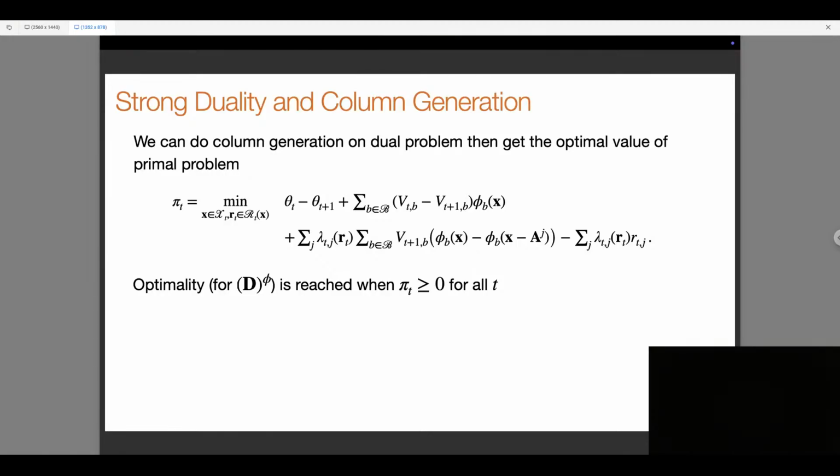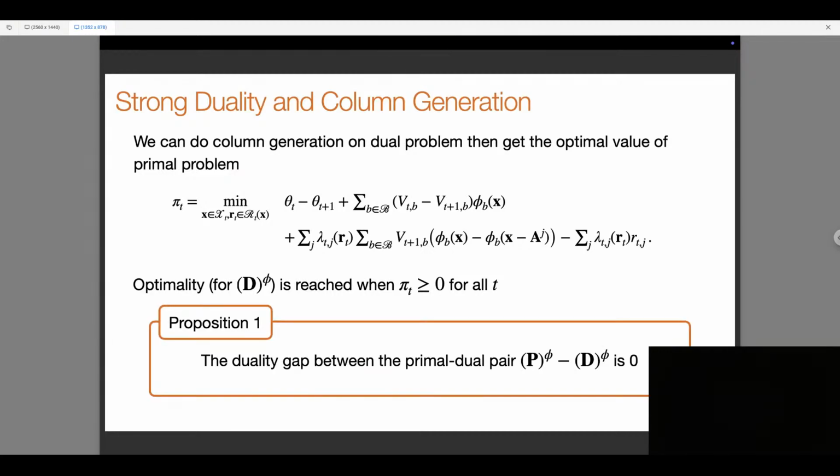And notice that for general cases, semi-infinite linear programming doesn't guarantee strong duality. So the optimal value for the dual problem is only a lower bound for the primal problem. However, in this problem,